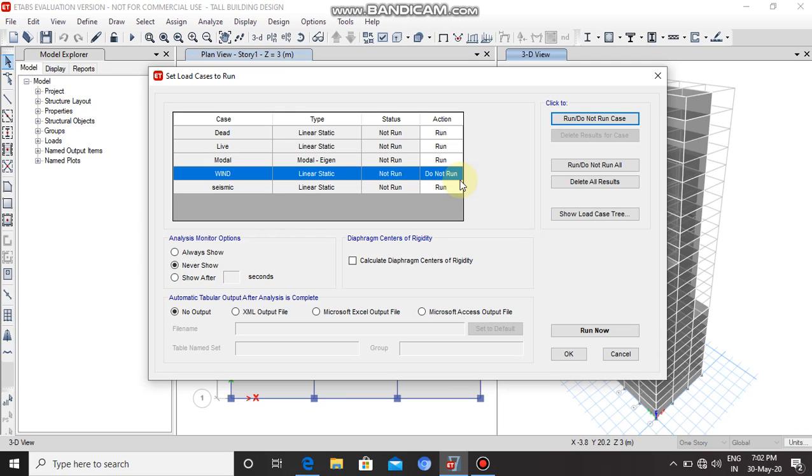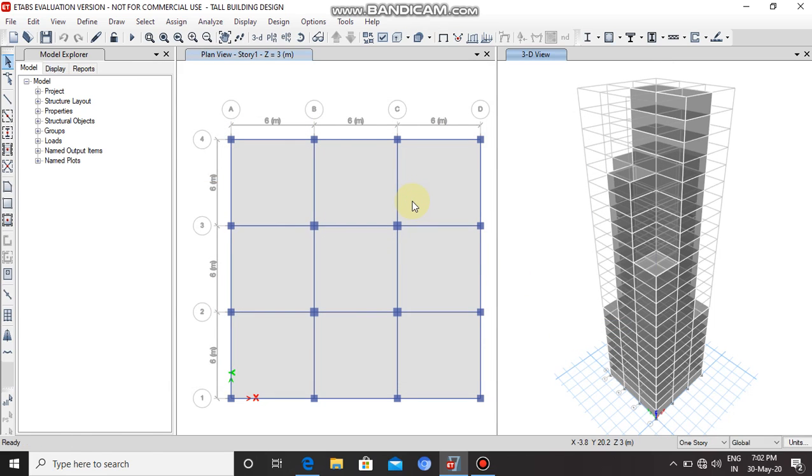Now click on Run Now option to perform the structural analysis. It will take some time.